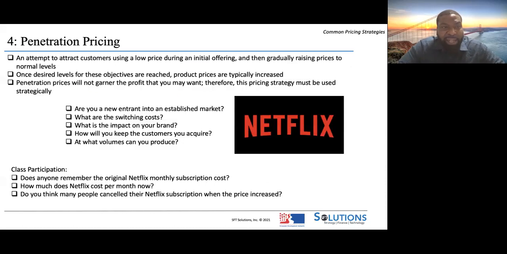Next pricing strategy is penetration pricing. So you basically use a cheap price to get people on board or get people familiar with you, your product, or your service, and then gradually raise prices over time. Sometimes that's essential, right? Like, let's imagine you're a new landscaping company. I know we have somebody with that business in class. There are a lot of landscaping companies out there. So for someone to switch from whoever is currently cutting their grass right now to a new company, you might have to entice them, right? You might have to say, let me try this one time.